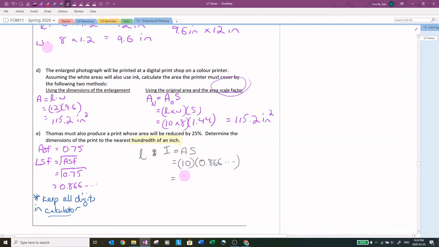And this gets us an answer of 8.66, because that's what it rounds to. You round at the last stage, okay? So there's your inches. The other way you can do this calculation, and I'll just show you a different way